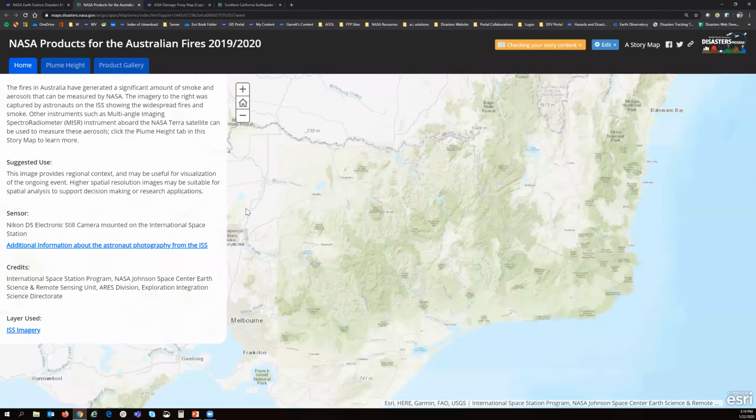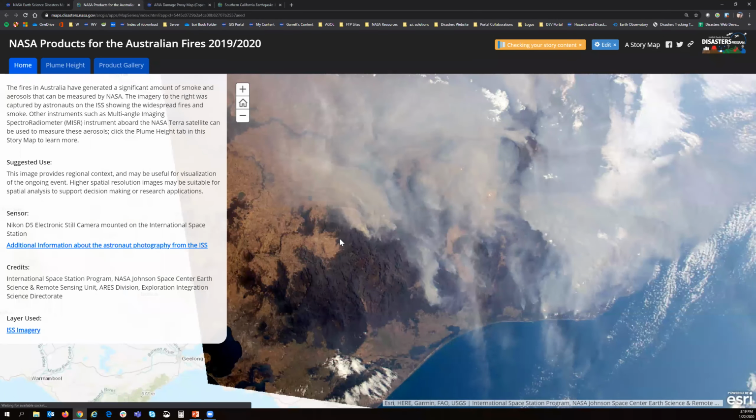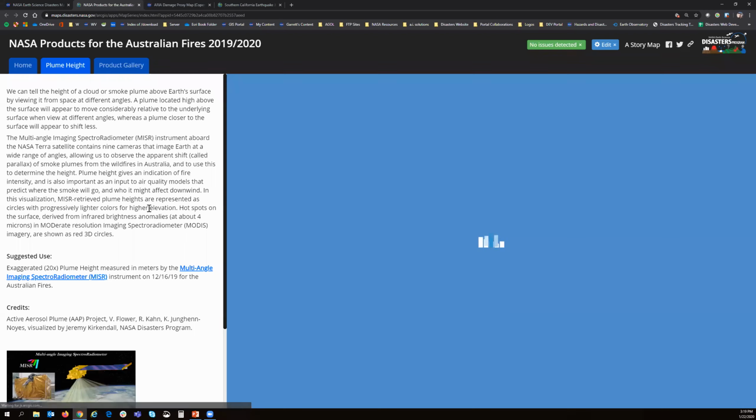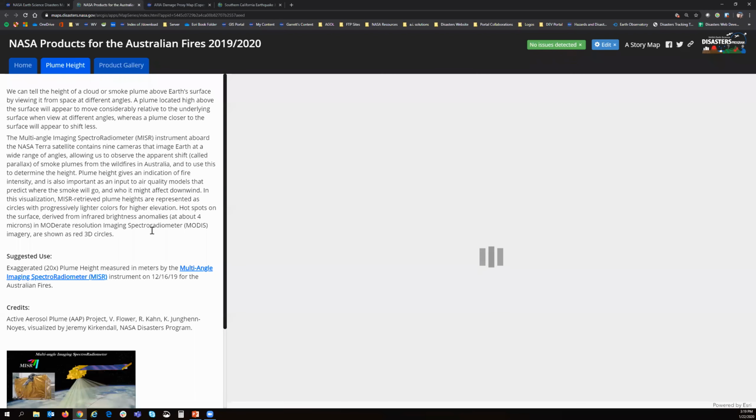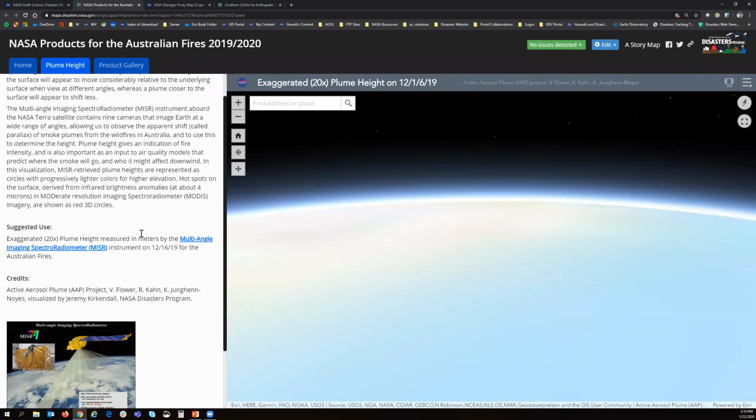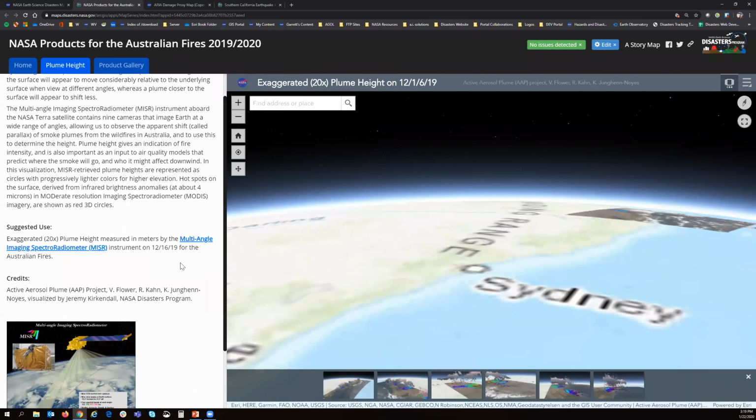And we'll check out the Australian fires. We've started to do some things for aerosols. So for those of you that may be doing things related to air quality indexes, if you're wondering about smoke from a wildfire, we have a satellite. The Terra satellite has the MISR instrument, which can